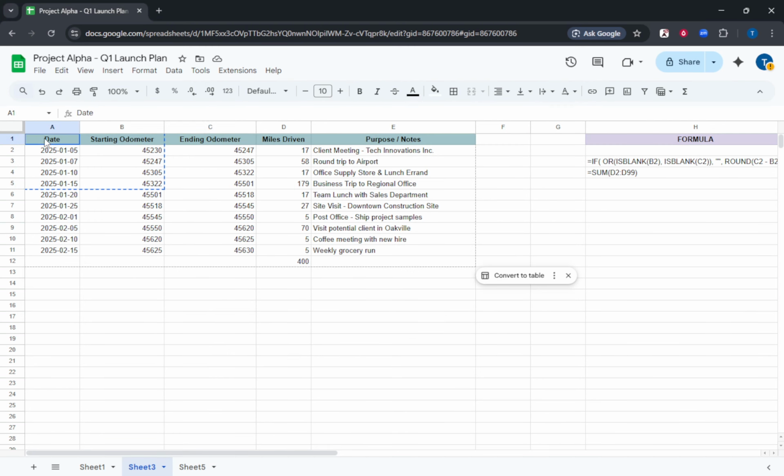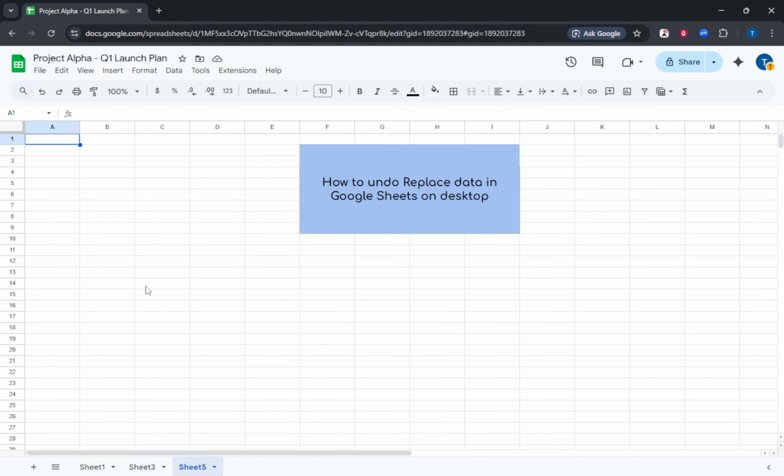When you're working in Google Sheets and you've just replaced data, the quickest way to undo this action is by using the undo command. On a Windows computer, you can easily do this by pressing Ctrl and Z together. If you're on a Mac, you'll use Command and Z. What's great about this feature is that it's not just limited to the most recent change. If you've made multiple edits, you can continue pressing the keys to step back through previous changes until you've undone